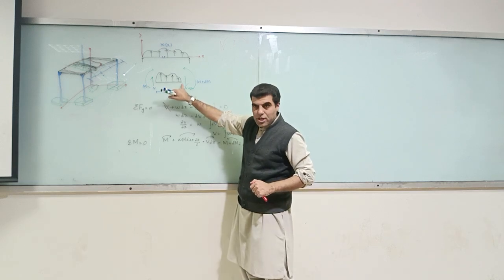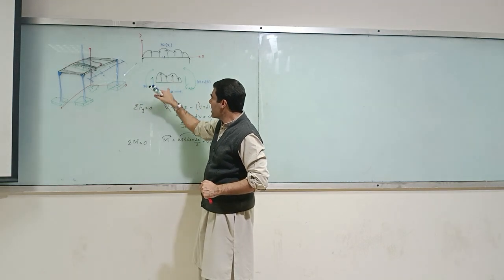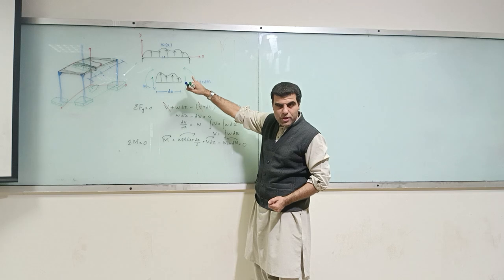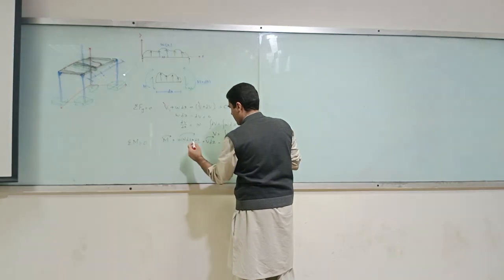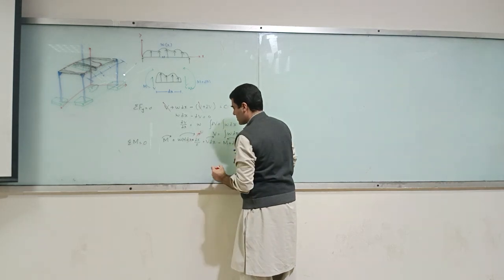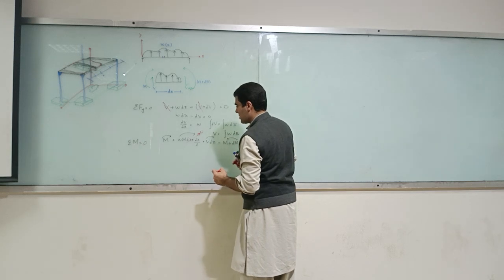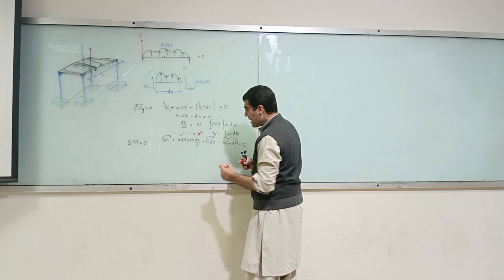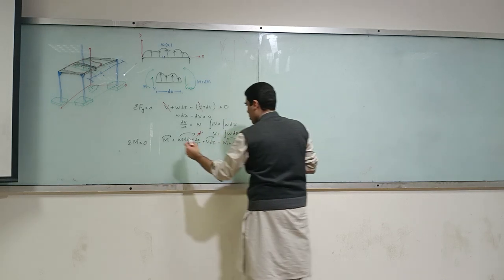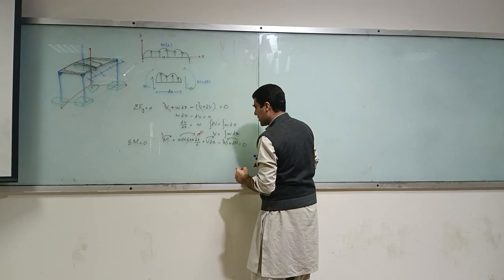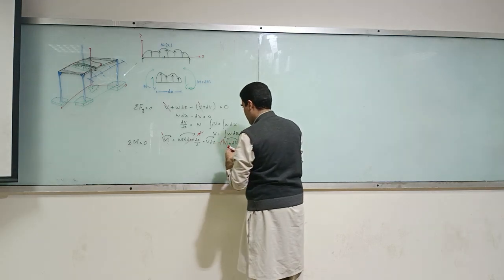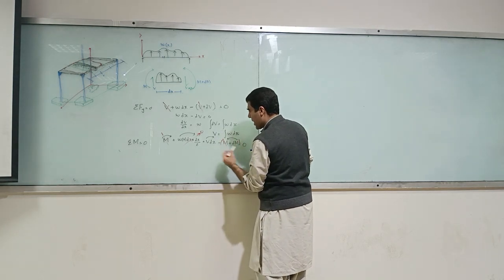Okay, I've just taken moment over here. So this moment is M plus V dx plus W into dx into the lever arm, which is dx by 2, minus M plus dM, which is over here. So we can kill this term, why? Because it is dx square. So we can have this one and this one getting cancelled. The dM must have a negative sign in the end. Yes, so this is negative. Minus M plus dM. Okay, so we have